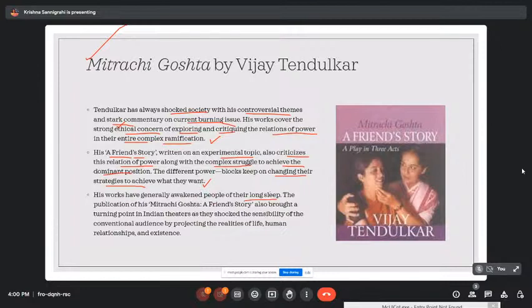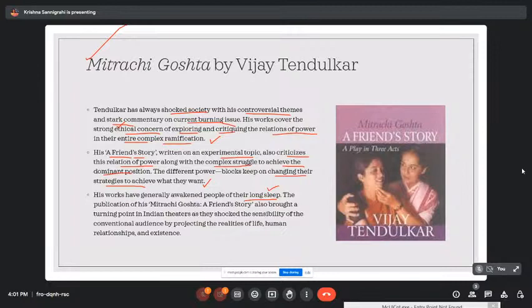So, usually, one of the important roles of a good piece of literature is to awaken people from the conditioning of which they are already a part. Many things keep on happening around us, and we just take it lightly. We feel that, okay, this is how things run. But it is the contribution of important works like the ones we are discussing now which actually awaken people, which make them aware of the needs of the time and how we need to question and overturn the things which have been accepted so long as the norm.